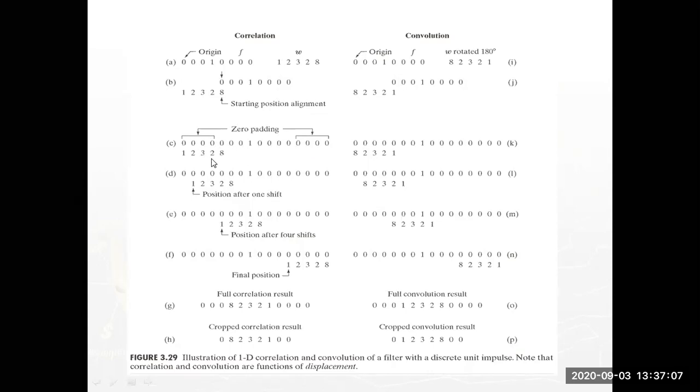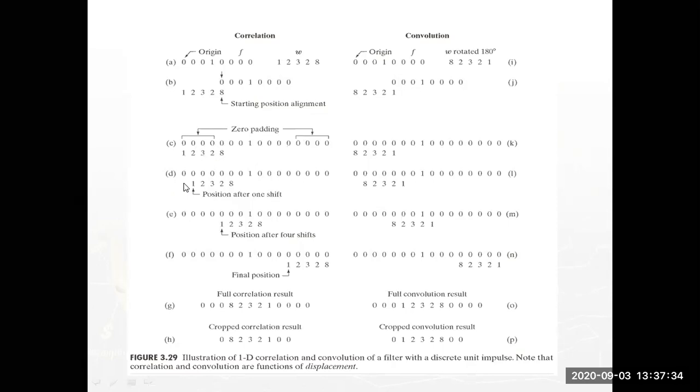If you multiply these two, original image and window, what will we get? Definitely 0 into 1 is 0, 0 into 2 is 0, 0 into 3 is 0, 0 into 2 is 0, 0 into 8 is 0, and the remaining are all 0. What is the reason? There are no other digits, so that is nothing but 0. So if you multiply all, your first bit is 0.